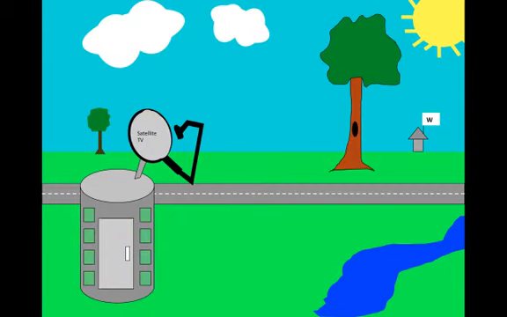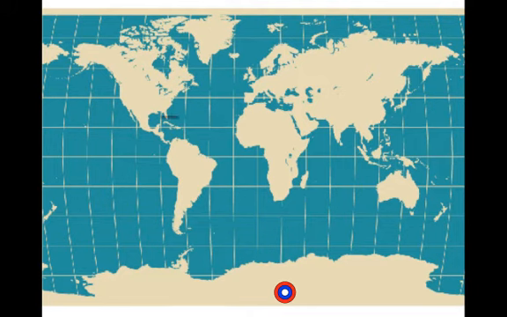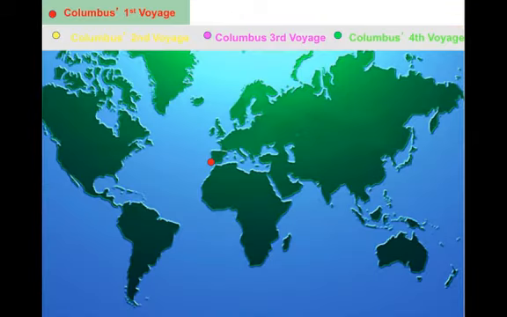Now, I didn't hit the target yet, and I have to hit the target. So the point of this one is that Super Wilson doesn't really care for Columbus, so he wants to go back in a time machine. He does like the time machine. There we go. He's going to go knock him down. Yeah, knock him out of the Americas. Down to Antarctica. He can hang out with the penguins. Okay, out of the randomness, back to the lesson here.